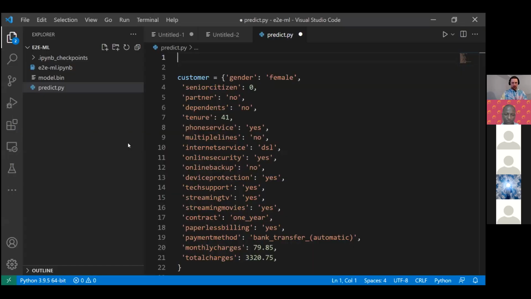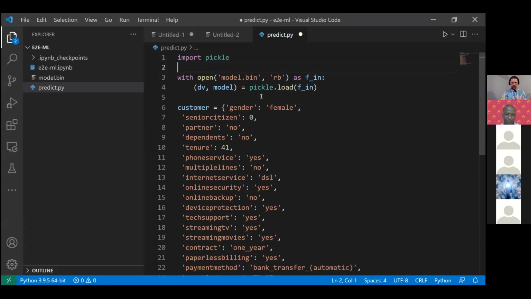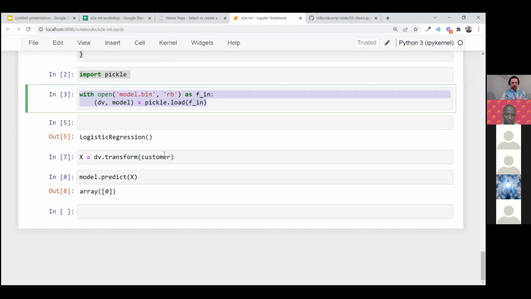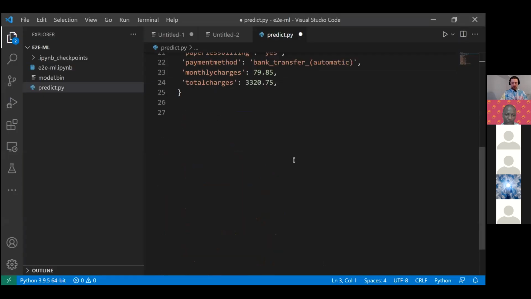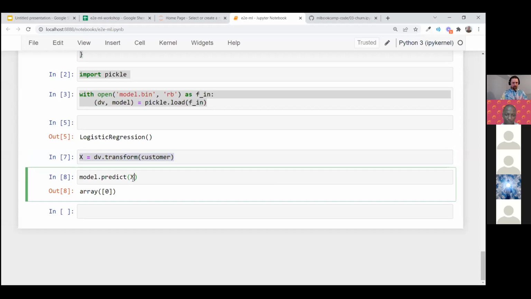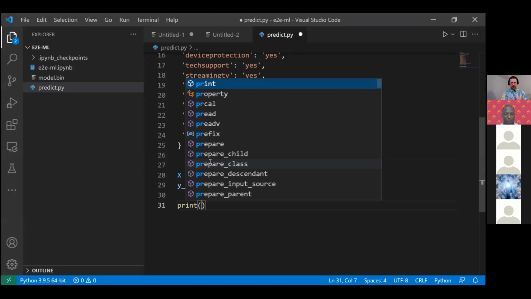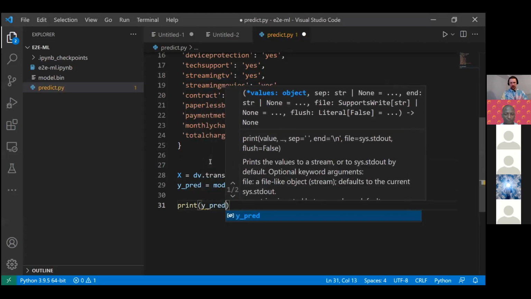So import pickle, and then we open the model, and then we do these steps. We apply this customer to the dictionary vectorizer, and then we have y_pred, and I just want to print it now to check that everything works well.